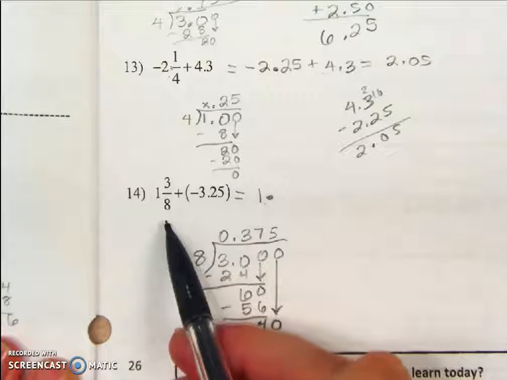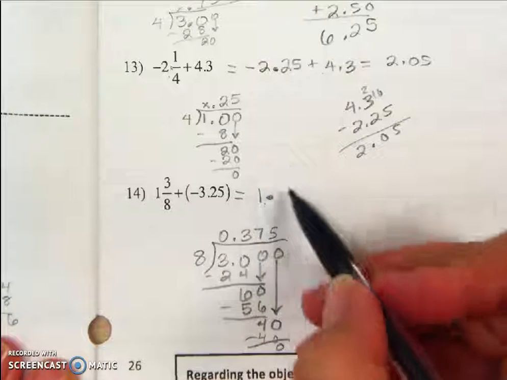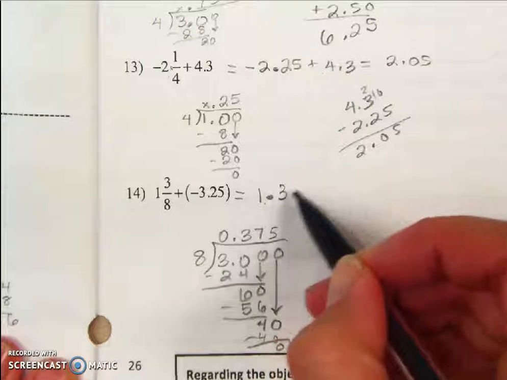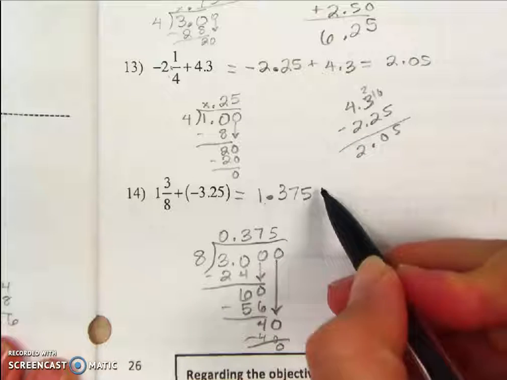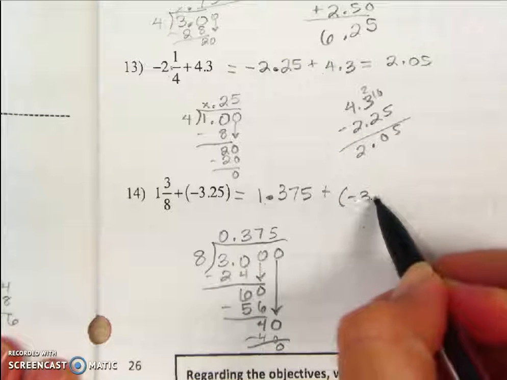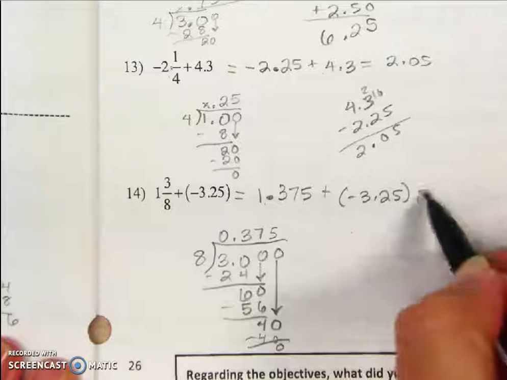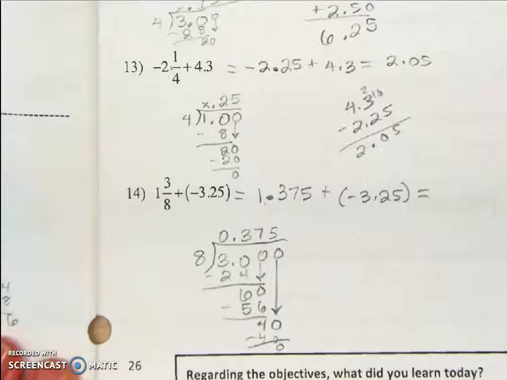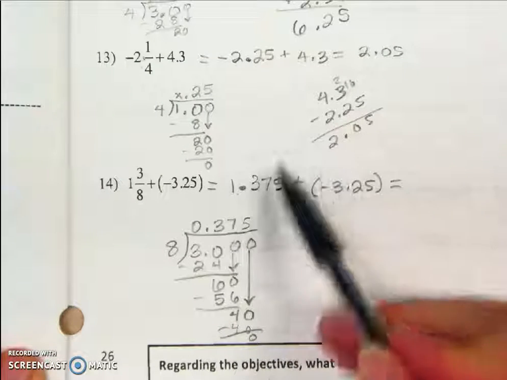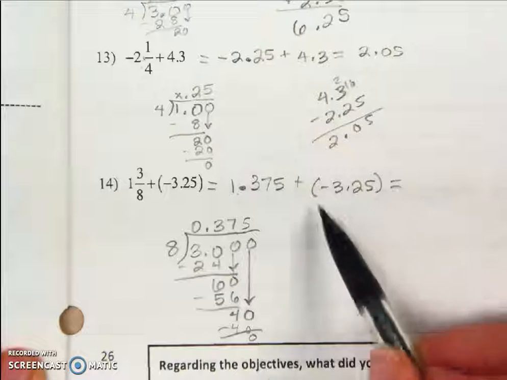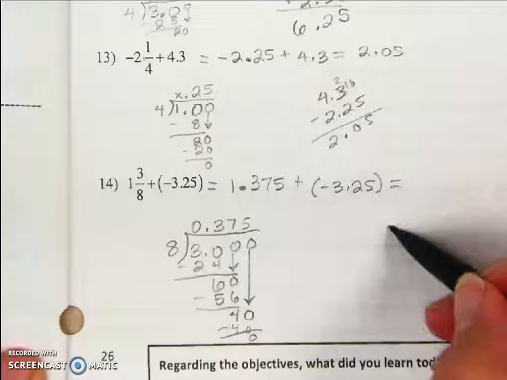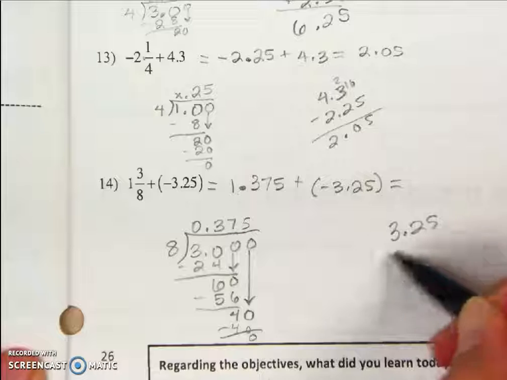So that means 1 3/8 could be rewritten as 1.375 plus the negative 3.25 that was already written there as a decimal. So let's go ahead and figure that out now. Do I have more positives or more negatives? Well, I have more negatives. And so I'm going to subtract 3.25 minus